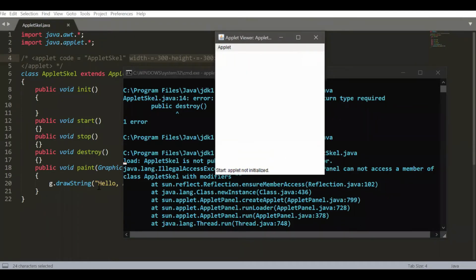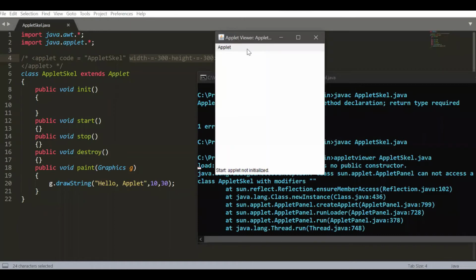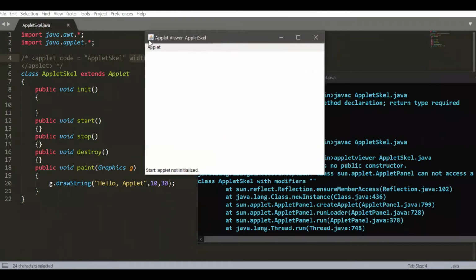So this message, which was at 10 comma 30, so 10 will be your x and 30 will be your y, must be displayed over here, right? Due to the version, applets are not supported here. But you can see the default window of how applets look. This is the Java icon. This is the title, given automatically because nowhere have we provided a title for the applet. So appletviewer automatically gives whatever your class name is, right?